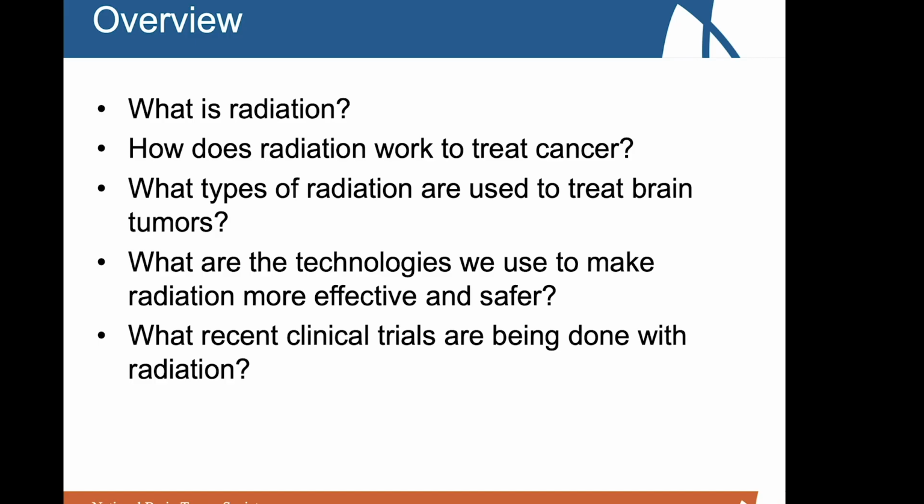I'm going to cover several things today. So I'm going to talk about the basics of radiation. I often find that my patients are unfamiliar with exactly what radiation is and how it's working. And so I will, if you'll forgive me, have you dig back to some of that high school physics, but nothing more than that. Then I'll talk about how we use radiation to treat cancer, and then what types of